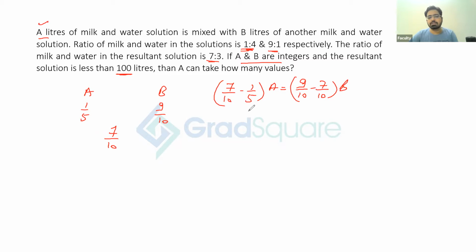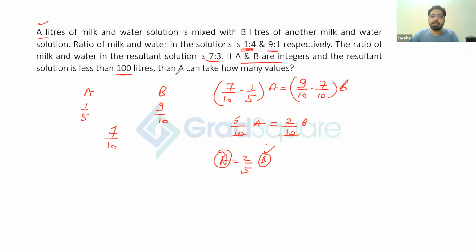When we try to solve this, you will take 10 as the LCM, and 1/5 is multiplied by 2. So what we will get is 7 minus 2, 5/10 A should be equal to 2/10 B. So this 10 will get cancelled out. Now, if you look at it, your value of A will be 2/5 of B. Now, what are we saying? We are saying that A and B are integers. So your value of B is an integer and your value of A is also an integer, and your value of A is 2/5 times B. So your value of B necessarily should be an integer, and that should be a multiple of 5, because this 5 needs to get cancelled for A to be an integer.